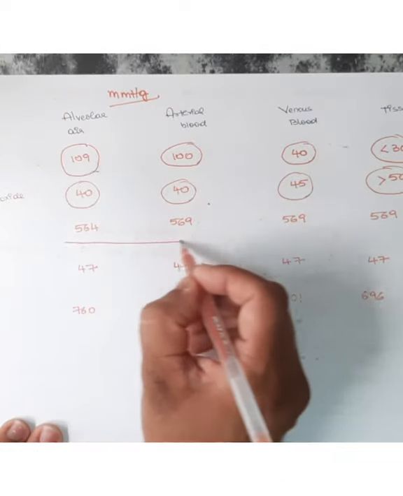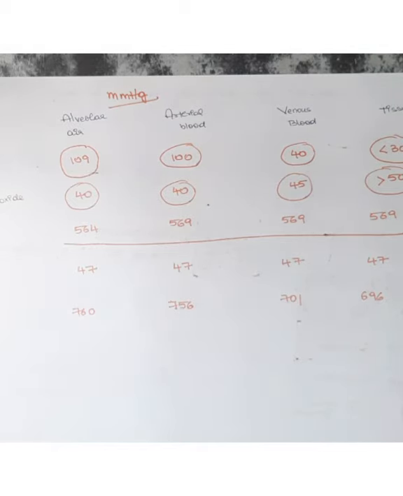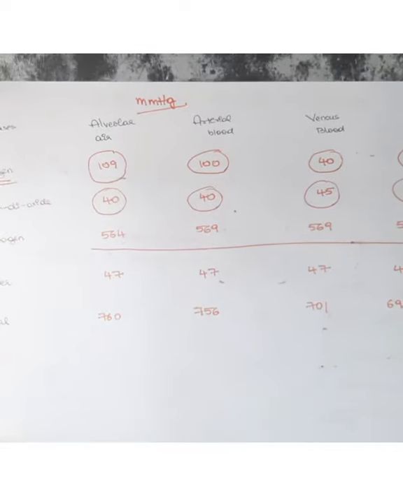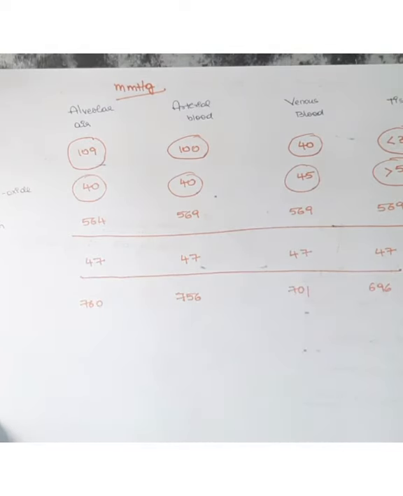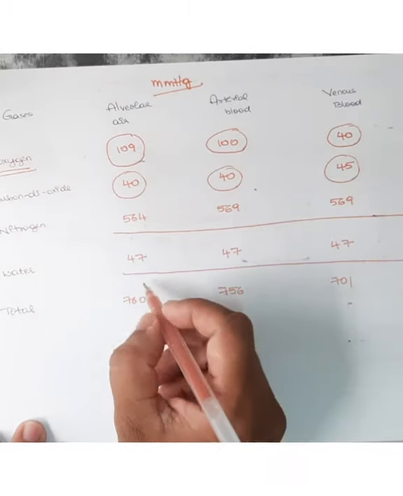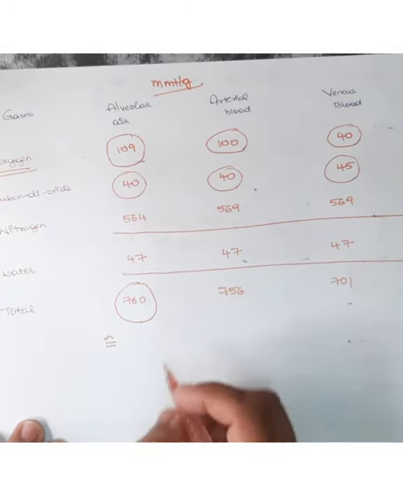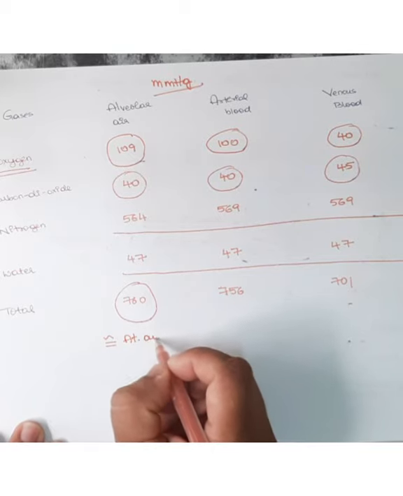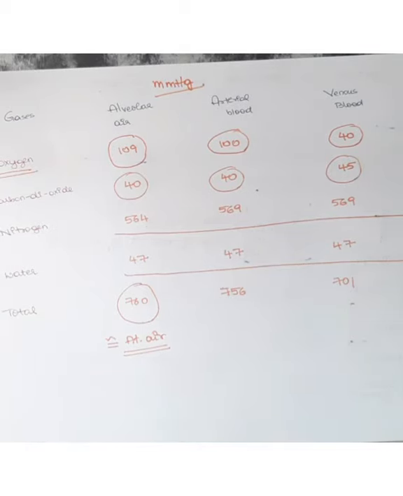For nitrogen, it is always in equilibrium at the same partial pressure. That means it is not consumed or produced. You can also see the partial pressure of water remains the same. Most importantly, the total pressure of the alveoli is similar to the total pressure of atmospheric air, so that an equilibrium is maintained between the atmosphere and the internal part of the body.